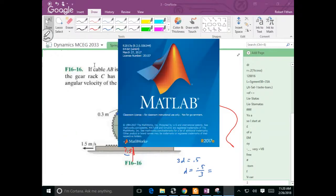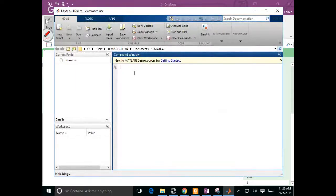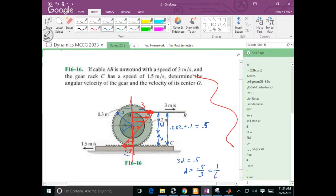Let me use MATLAB here. 0.5/3 is just what? 1/6. It's nothing more than 1/6. So if you've got 1/6, then what you're doing is locating this, which is 1/6 from the bottom or 2/6 from the top. It really doesn't matter, but what your goal here is to find